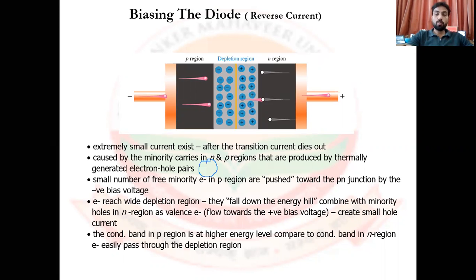When this obstruction is decreasing continuously, if we go for V equals IR, then when R is decreasing, the potential drop V is also decreasing. After some time, ideally when there is no depletion region, it means there is no obstruction. If there is no obstruction, there is no resistance, and if there is no resistance, then according to V equals IR,